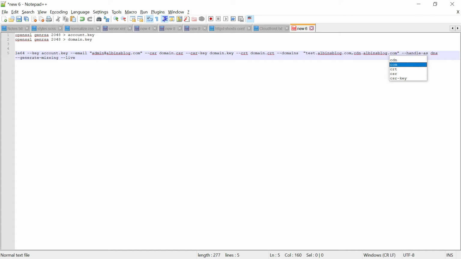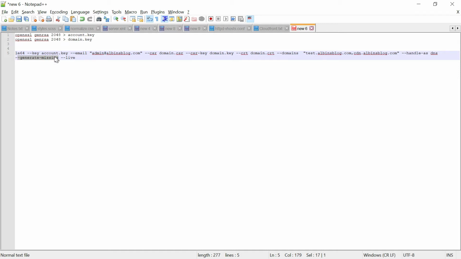cdn.albinsblog.com. Then handle as DNS, which means the verification is going to be DNS. If you want to go with the HTTP file based or the server based validation, you can ignore this parameter. Then generate missing will generate all the missing files.